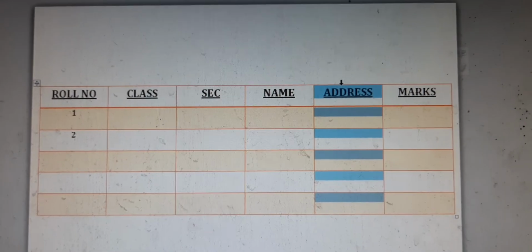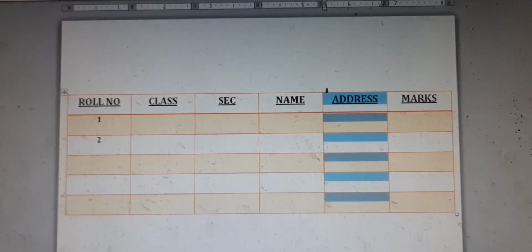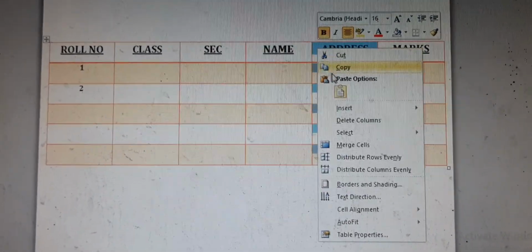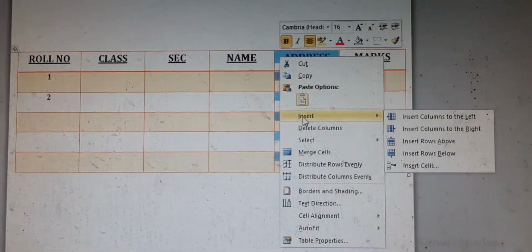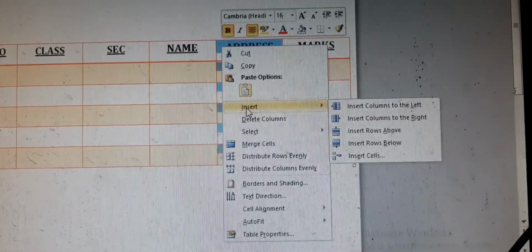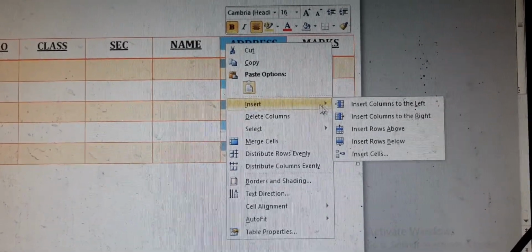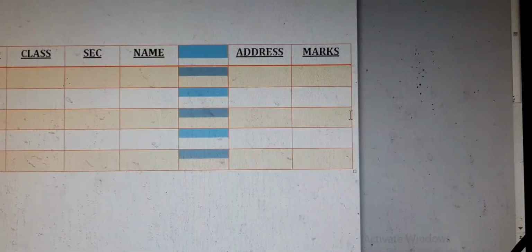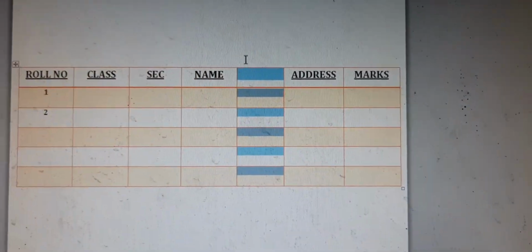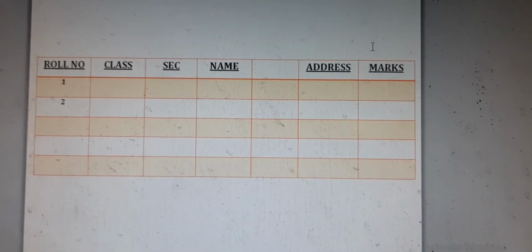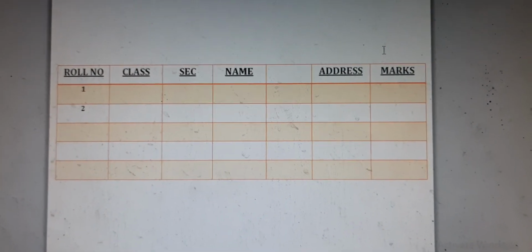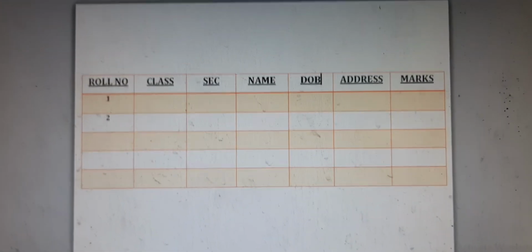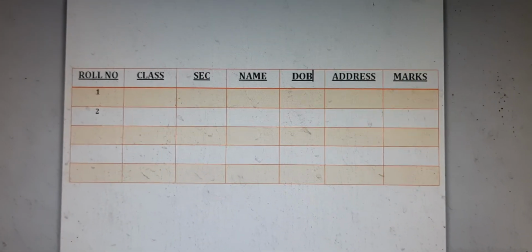Now just click on it. The easiest way is to right click on it, and you will find options appearing. Go to Insert and then Columns to the Left or Columns to the Right. Since I have to go in between, I select Columns to the Left. Now you will find the column appearing over there. Here you can write date of birth, DOB. So like this you can add one column.